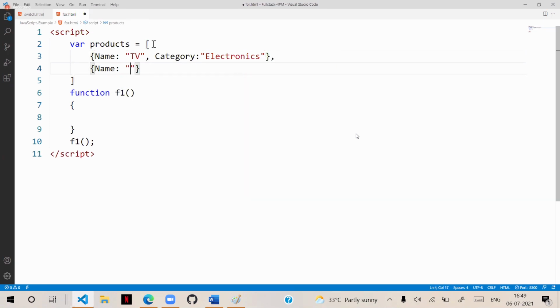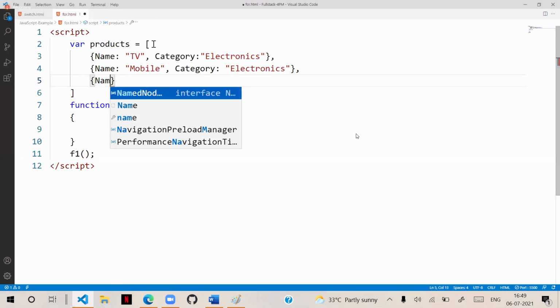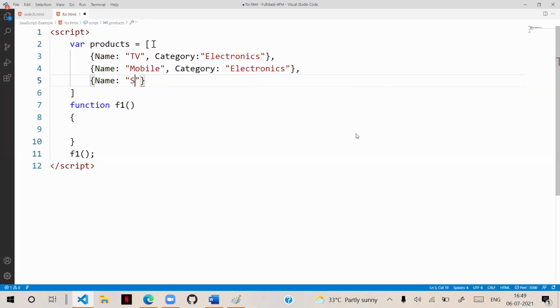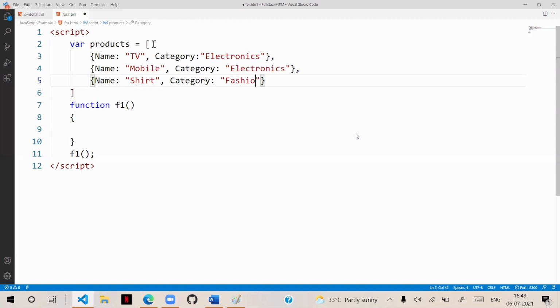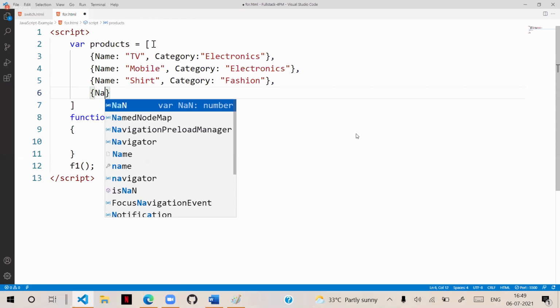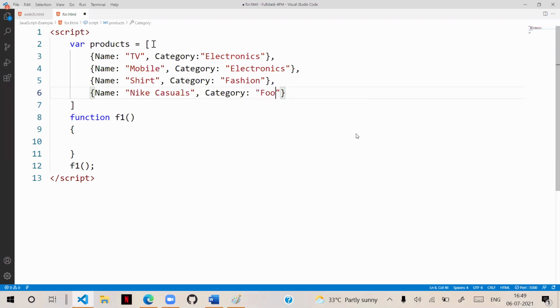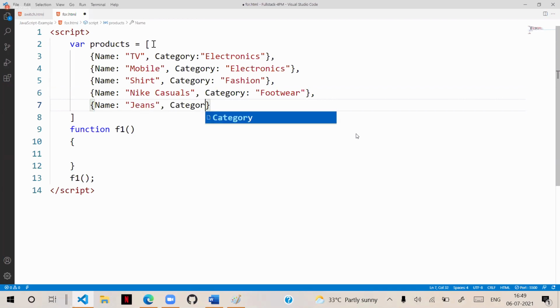Another product name is mobile, and the category is electronics also. Then we have a shirt, and this category is fashion. And the name Nike casuals, so the category is footwear. And like this, we have the details, suppose jeans, and category is fashion.